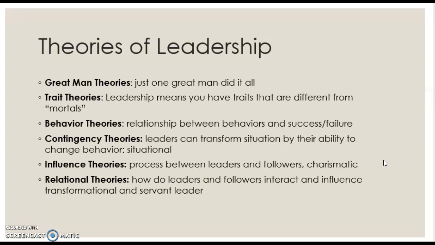I consider myself to be a servant leader, and what that means is I use my skills and abilities to advance other people because they deserve to have their time in the sun where they shine. And we will be talking much more about servant leadership.